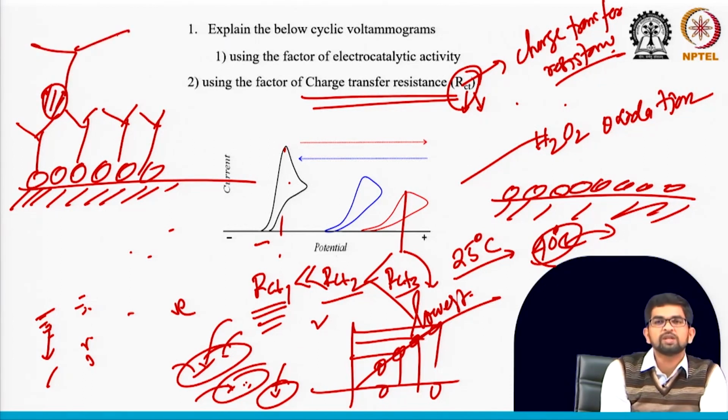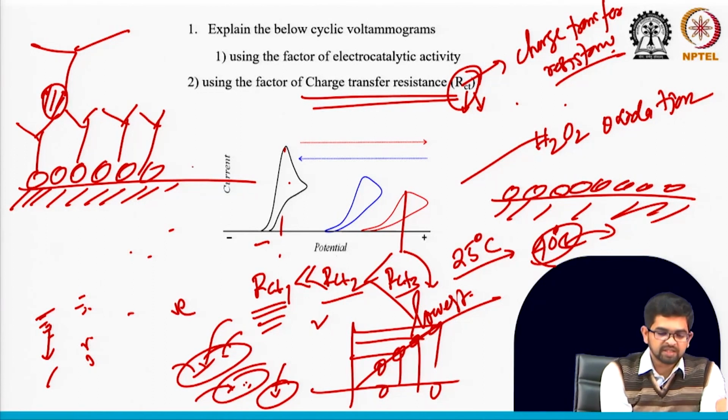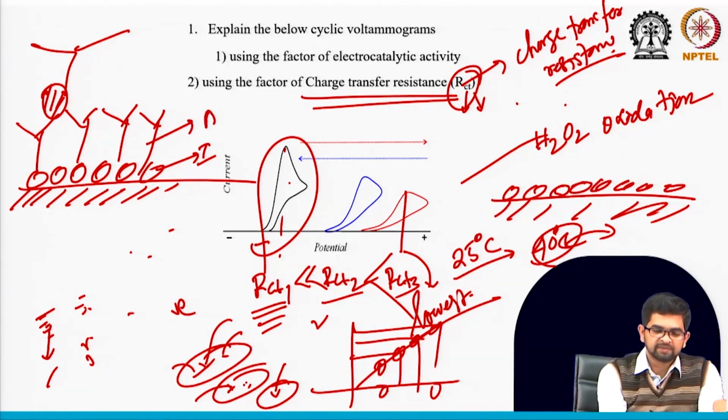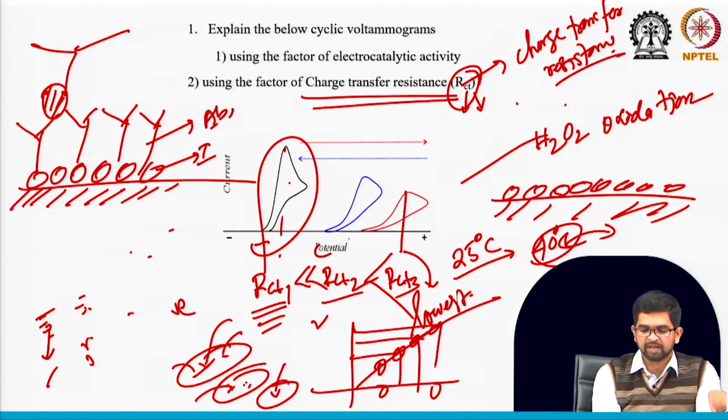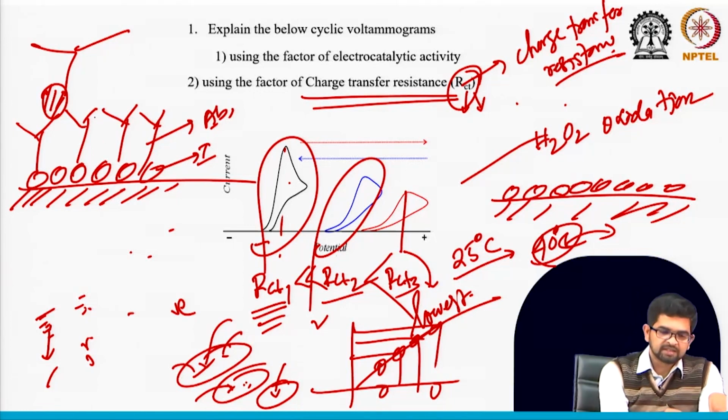All those steps you can characterize by means of cyclic voltammogram and RCT, right? The first step is only gold nanoparticle, so in this case you may get this CV. The second step, antibody coated, you may get this CV, number 2. And in the third case, suppose after the addition of antigen or the antigen-antibody,